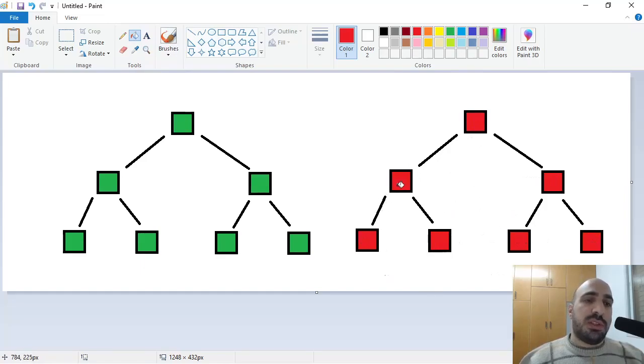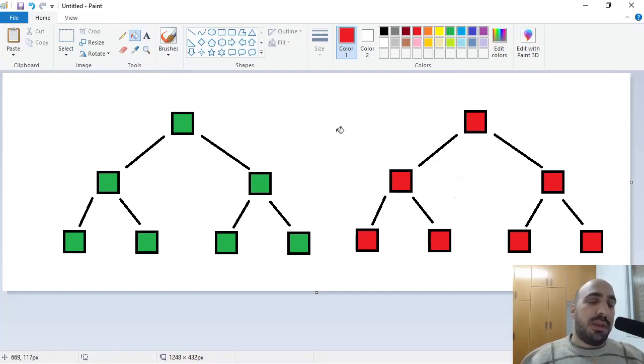Because once you change this parent node here, you have to also change this one, right? And then you have to change this one, and this one, and this one, and this one. So basically, whenever one node changes in the tree, a copy of the whole tree is created. Now that doesn't mean that there isn't some performance optimization. There is, but I'm not going to talk about that.